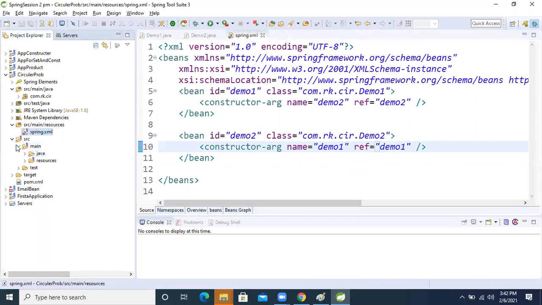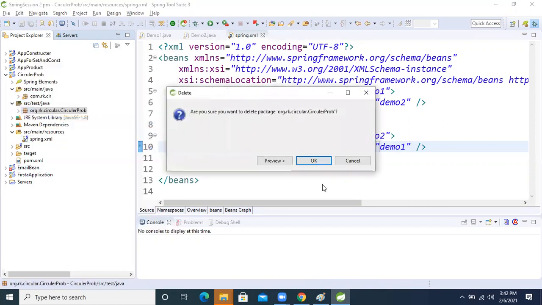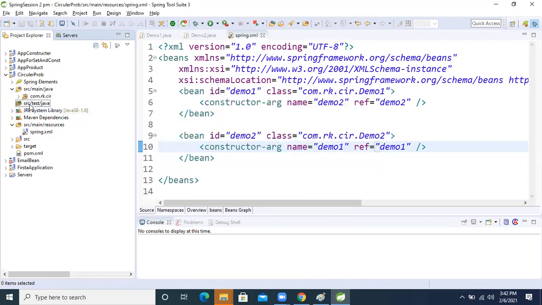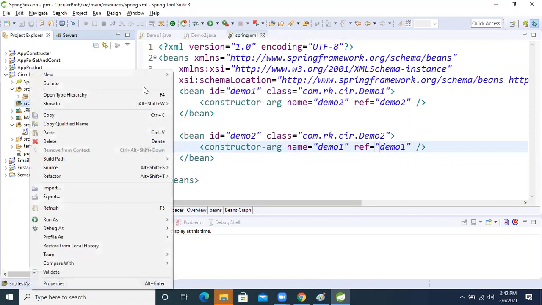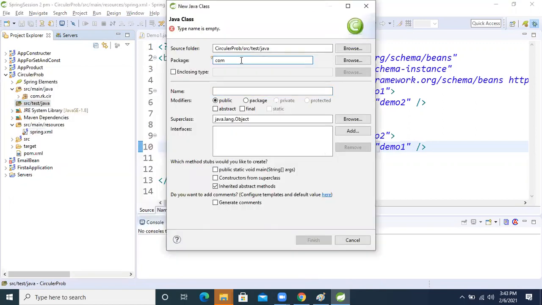Where will we test? Right click on that package and create a class, com.test, with a main method.